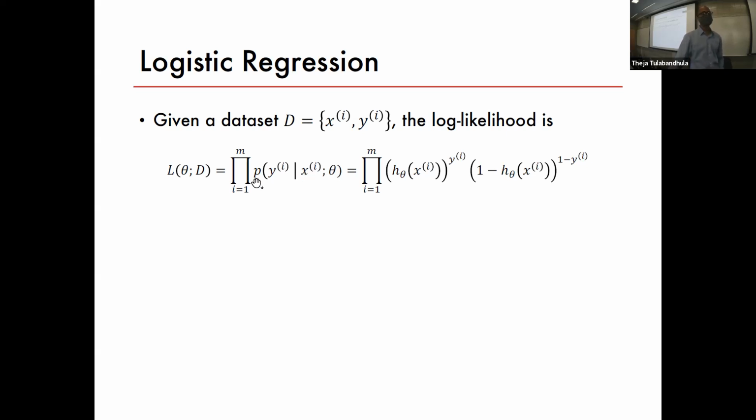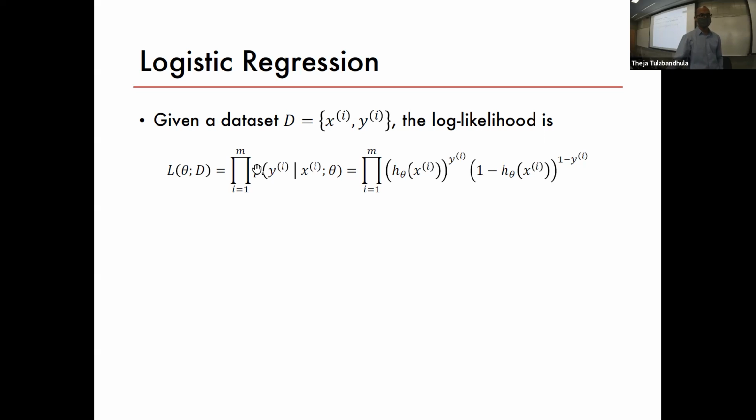And there's a product. This big pi, Greek symbol pi, is just a short form for a product of all the little m data pairs, little m examples in my training data. So this is i equal to 1 to m of the product of all these probabilities. So probability that y1 is some value, y2 is some value, and so on. Superscript 1 is some value, superscript 2 is some value, and so on.